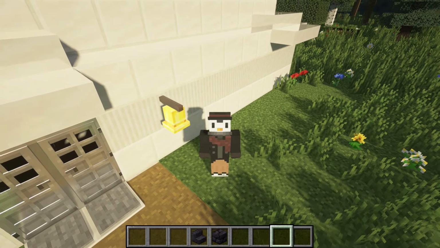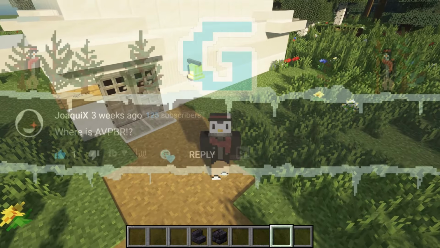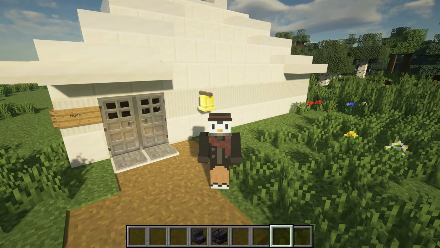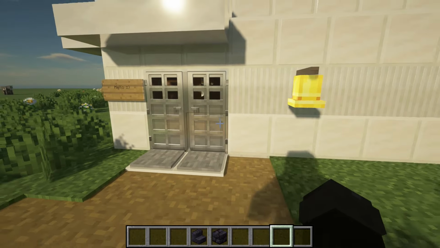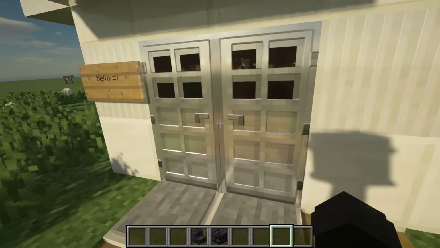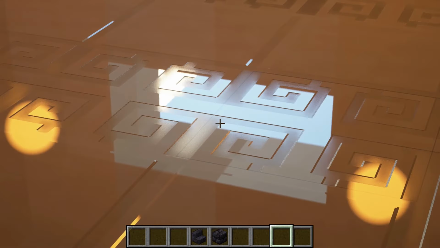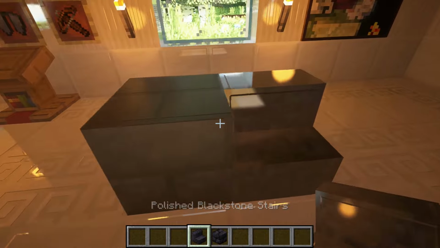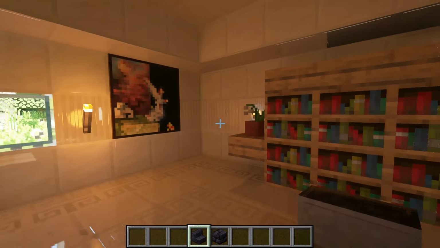Okay guys, the first pack on the list is called Another Vanilla PBR. It was brought to my attention by the owner of the resource pack. Thank you. It works best with the SEUS PTGI and Complementary shaders. I'll link all the packs in the description. And I really like the shininess of the iron doors. Although some blocks, quartz is supposed to be shiny, I guess, but especially blackstone, it looks a bit weird. Like, this is way too shiny, and this is very dull compared to that, even though they're very similar